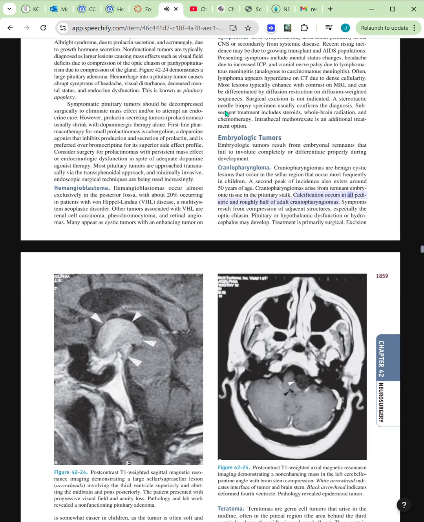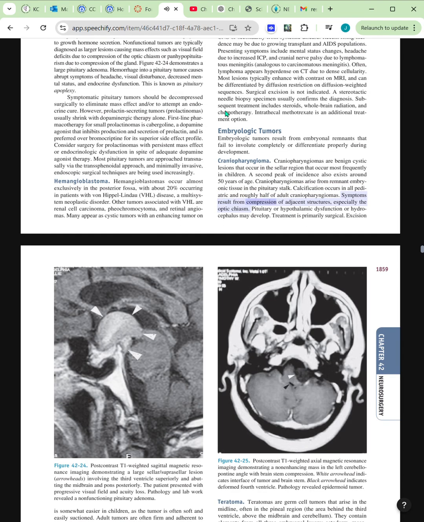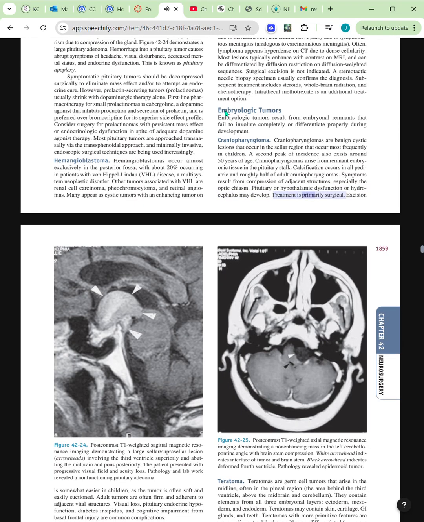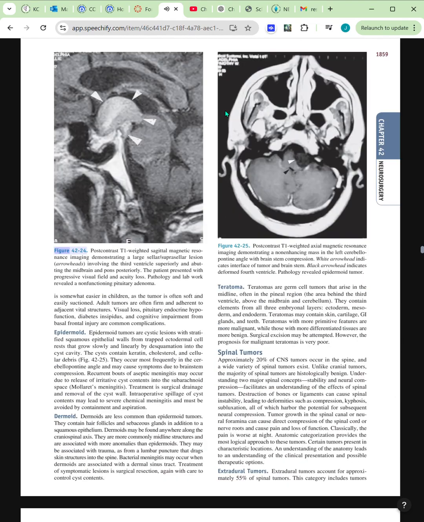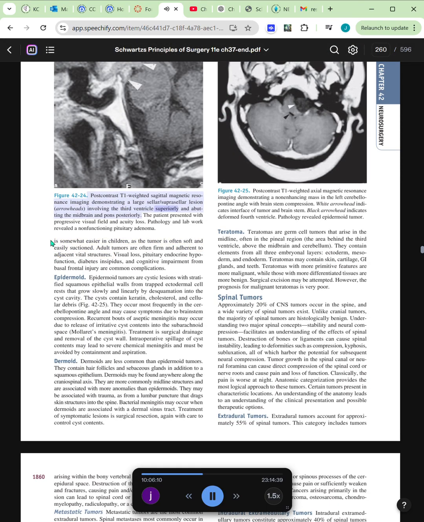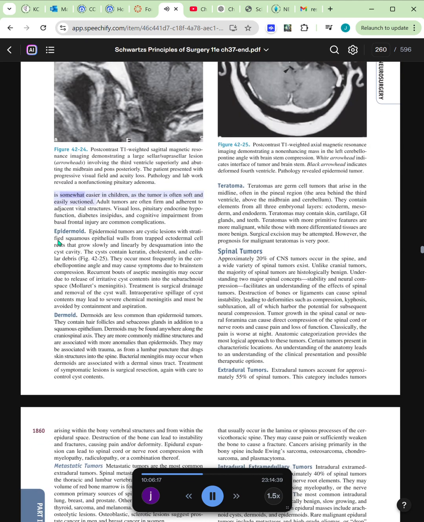Calcification occurs in all pediatric and roughly half of adult craniopharyngiomas. Symptoms result from compression of adjacent structures, especially the optic chiasm. Pituitary or hypothalamic dysfunction or hydrocephalus may develop. Treatment is primarily surgical excision. Figure 42-24. Post-contrast T1-weighted sagittal magnetic resonance imaging demonstrating a large sellar suprasellar lesion (arrowhead). Resection is somewhat easier in children,